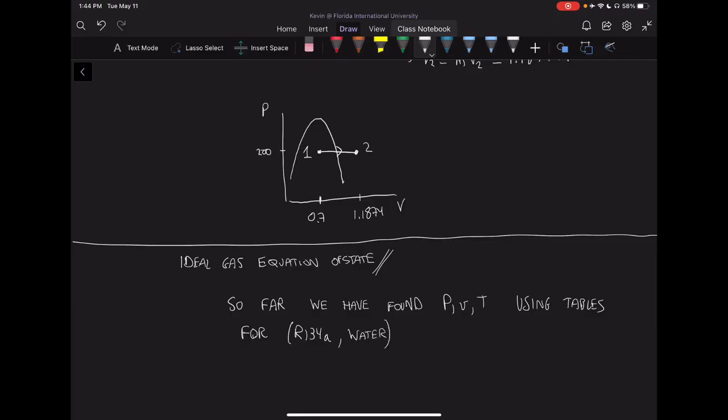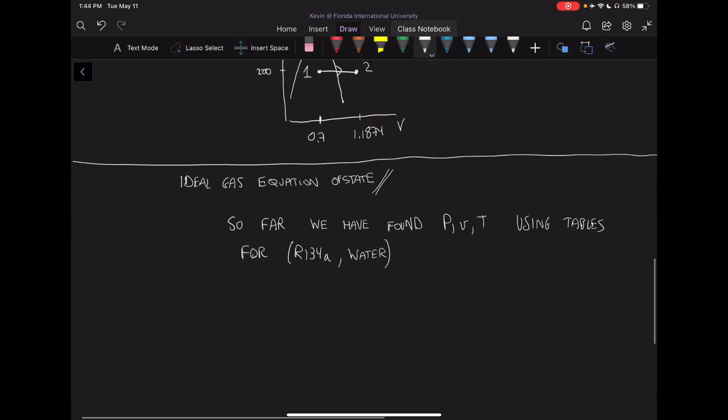Now, instead of using tables, we can also use something called an equation of state, or equations of state. There's multiple equations of state, but we can use equations of state instead. Equations of state are simple equations that can help us find values and relate pressure, volume, and temperature, for example. So one of these equations of state is the ideal gas equation of state, and it's the simplest equation